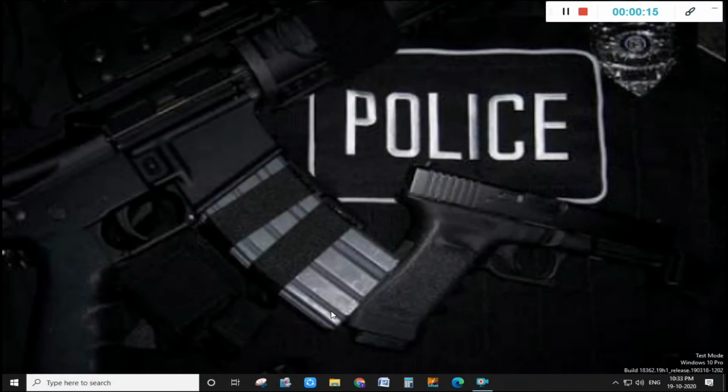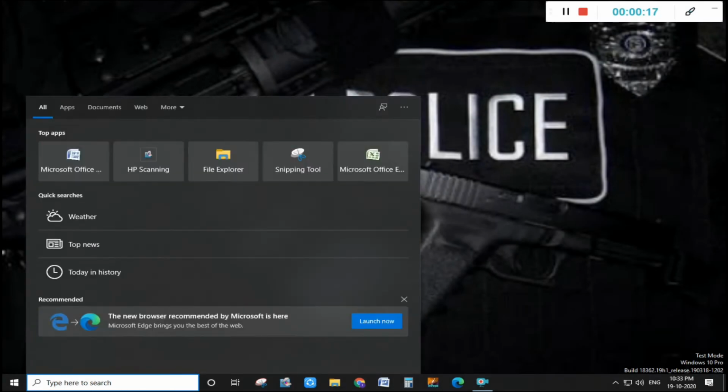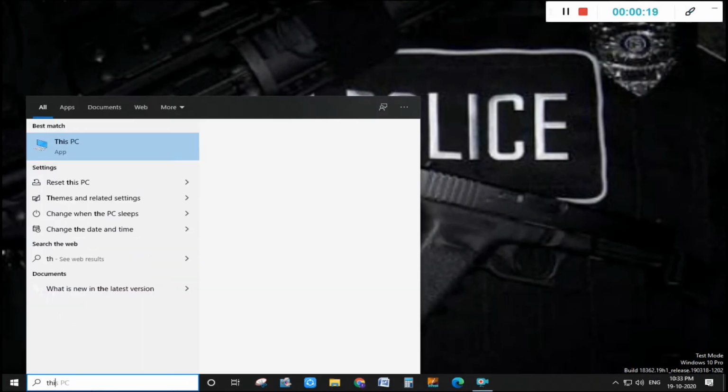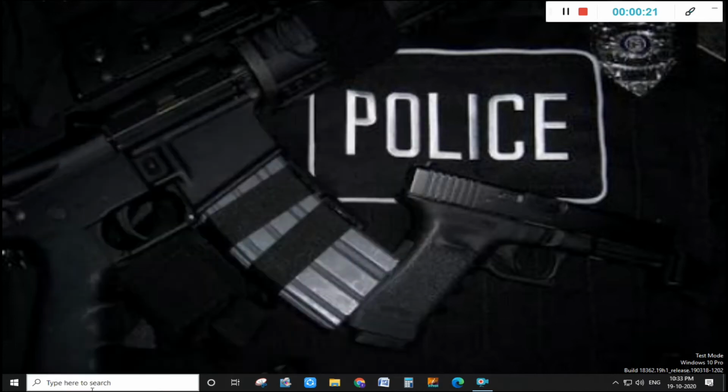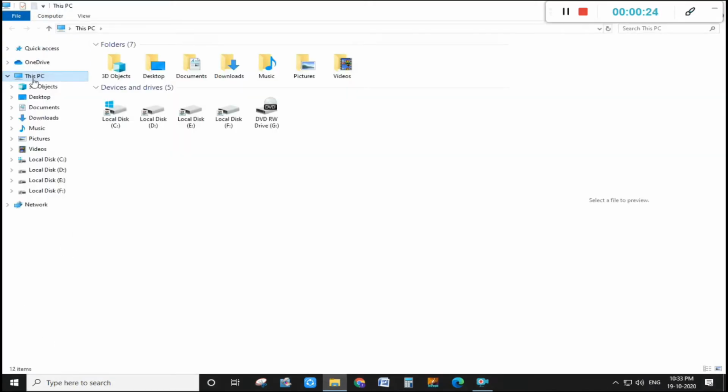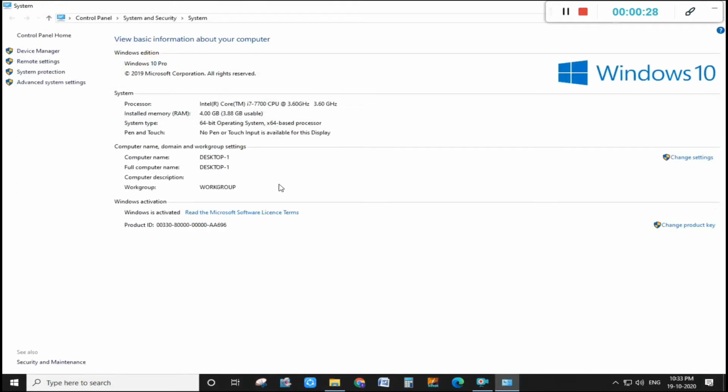So here in the first PC, search for This PC, open it up. Now right click and open up its properties. Here we will pick up the computer name. My computer name is Desktop1. Remember it because we will need it later on. After noting it down,